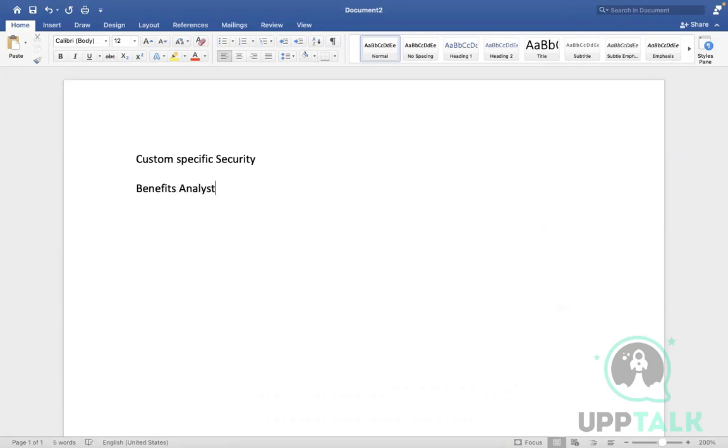So assume the customer asks us to create a role called benefit analyst, and this benefit analyst should view only benefit data, dependent data, beneficiary data only, and also not only view